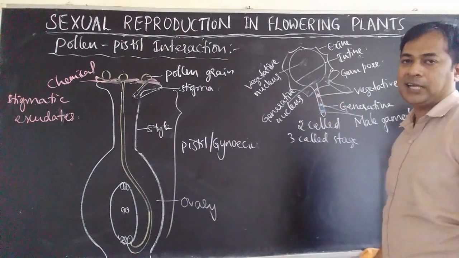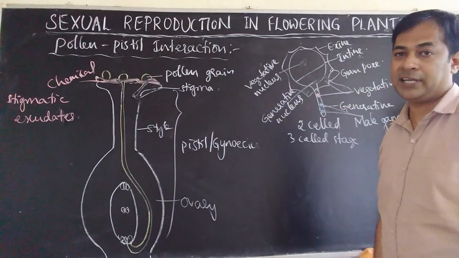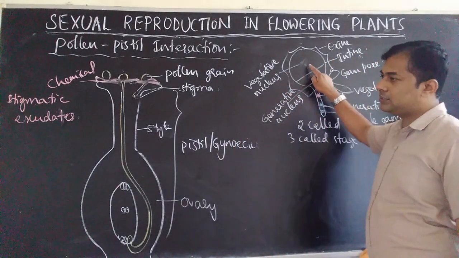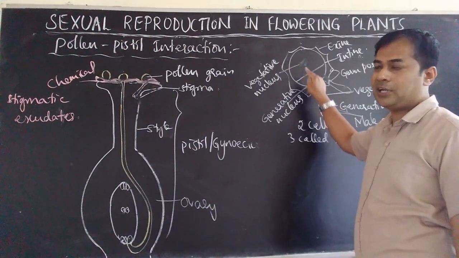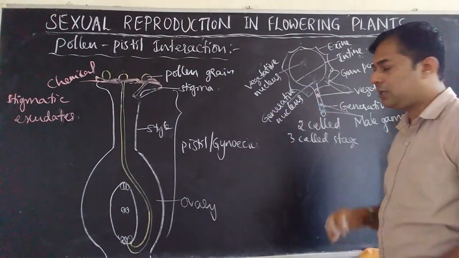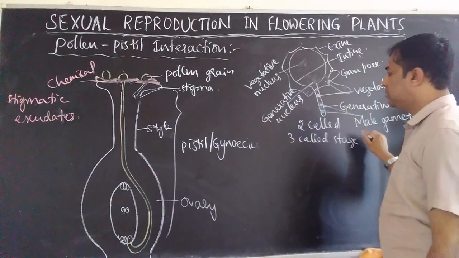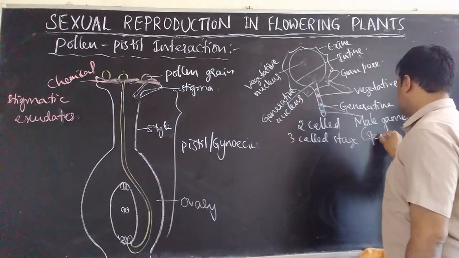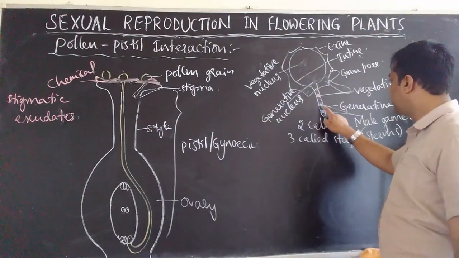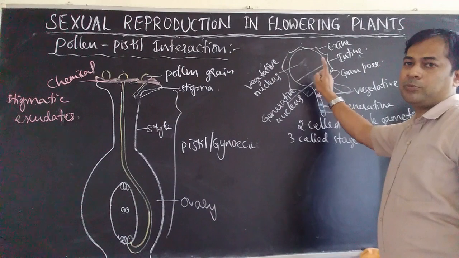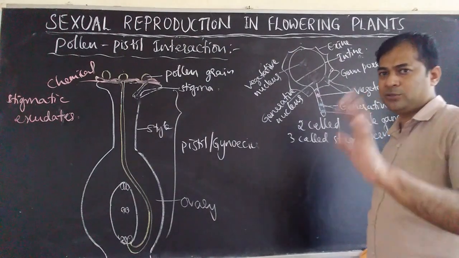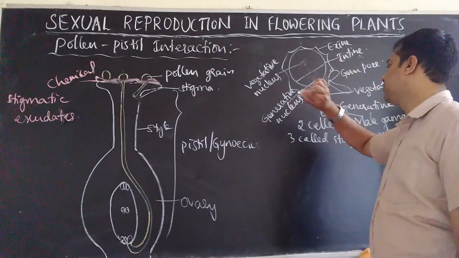These are male gametes. I told you, the pollen grain is a male gametophyte because gametophyte means a gamete-containing structure. So here the pollen grain is a male gametophyte because it contains these nuclei, and the generative nucleus that was there will again divide into two nuclei. That is what we call male gametes, or sometimes sperms. Because these nuclei are present in the pollen grain, it is called a male gametophyte, but not a male gamete. The pollen grain is not a male gamete. I told you so many times. It's a male gametophyte.